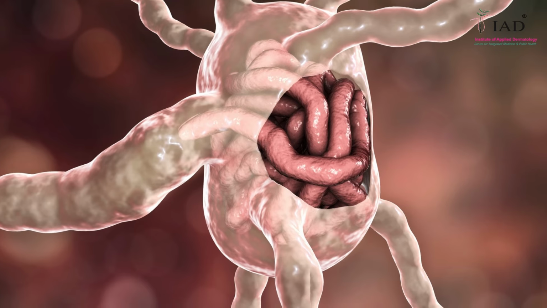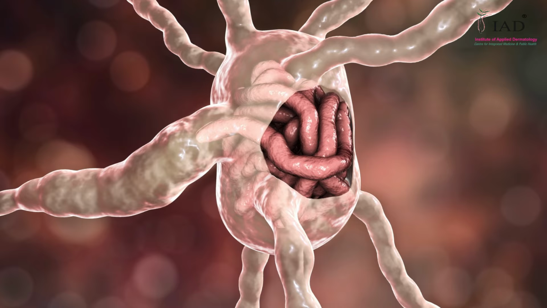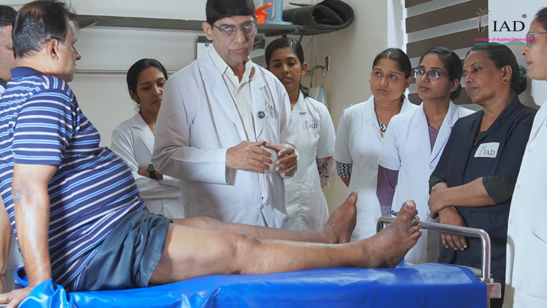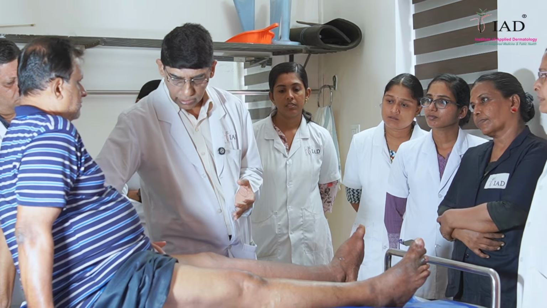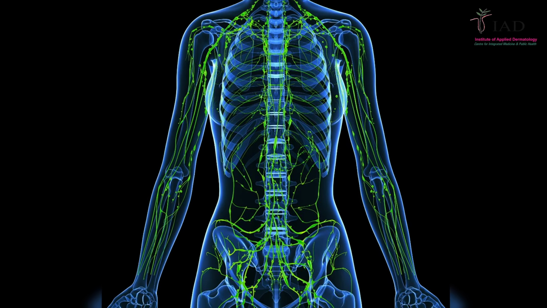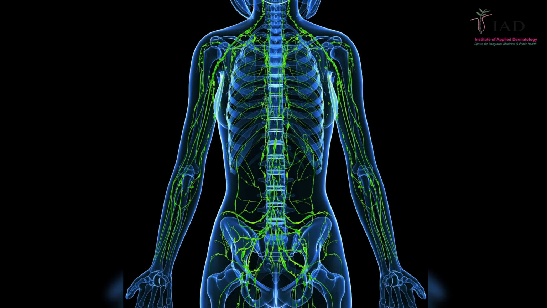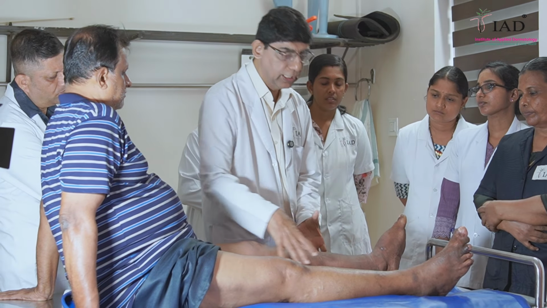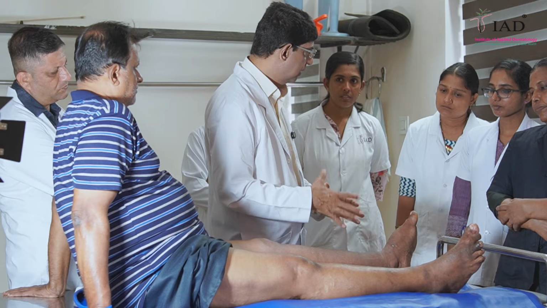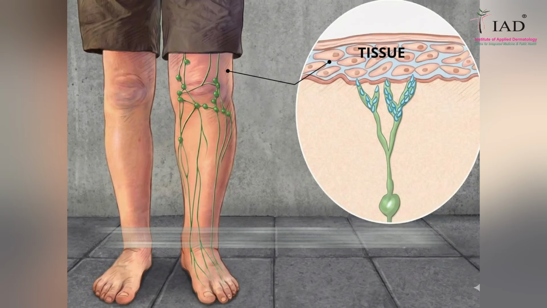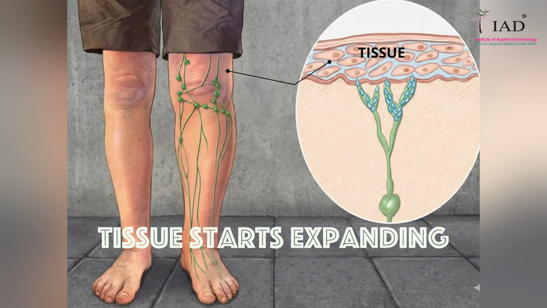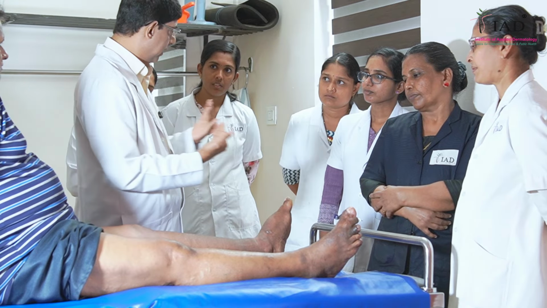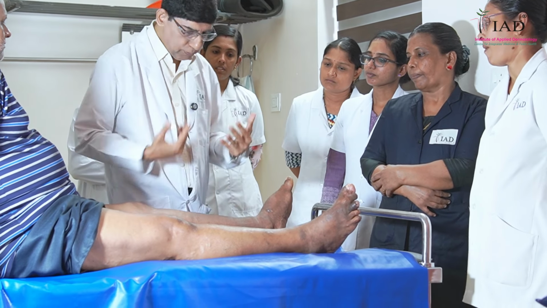They cause destruction in the lymph nodes, and essentially the released toxins, or I would say rather antigens, cause the dysfunction of the lymphatic vessels and the lymph nodes. Eventually the lymph starts accumulating here. When lymph starts accumulating here, the tissue starts expanding. When tissue starts expanding, lymphatic vessels try to push the lymph back again and again, more and more towards the